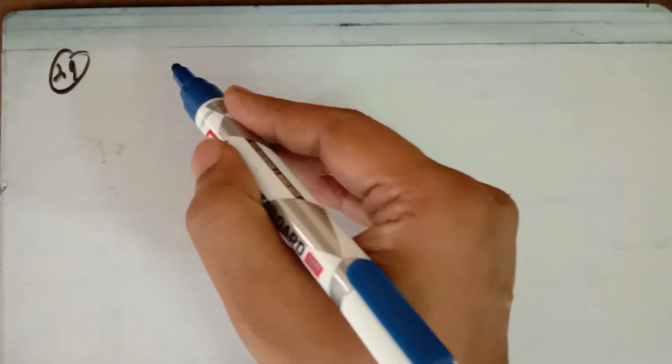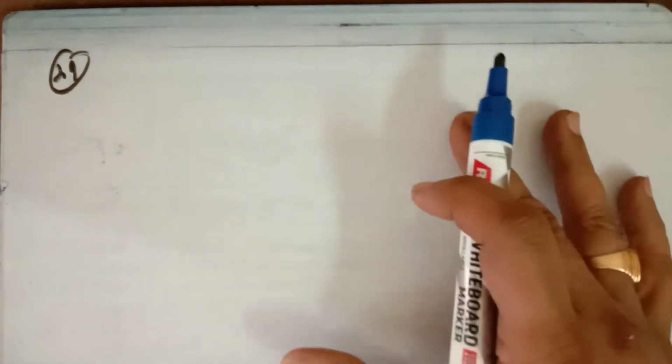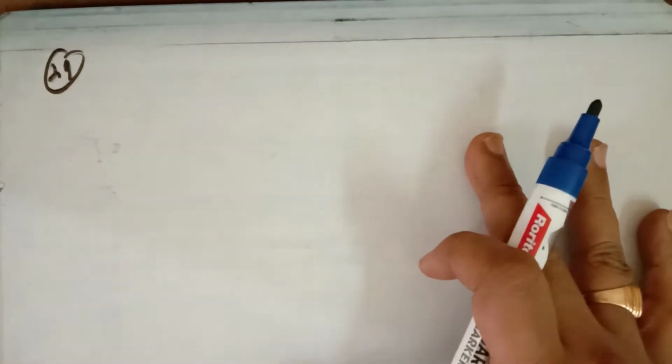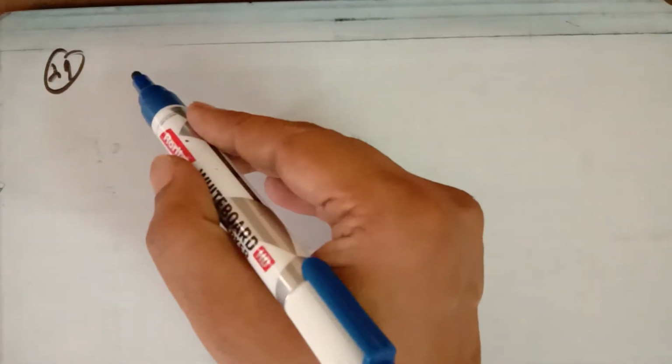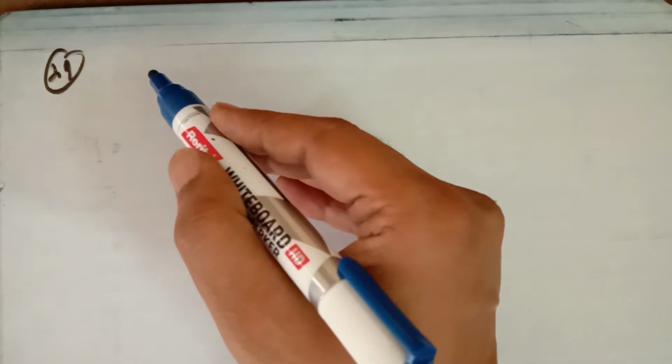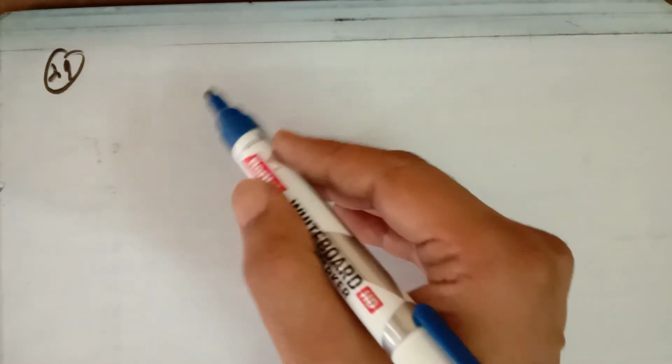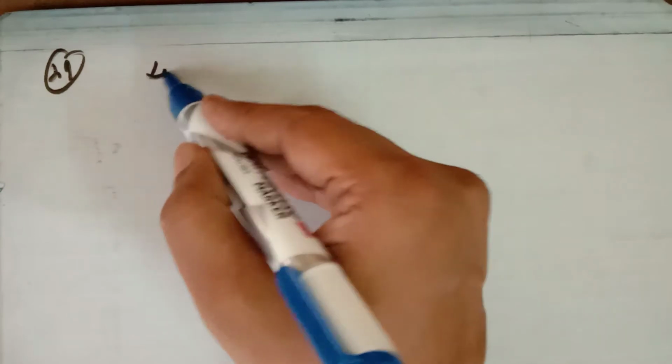Now in question number 29, if A and G are the arithmetic mean and geometric mean between two given numbers, then given numbers A and G, you have to show that the two numbers are A ± √((A + G)(A − G)). So let the numbers be